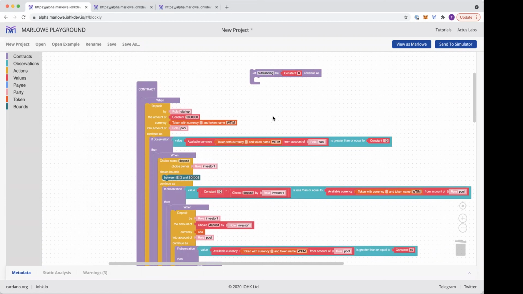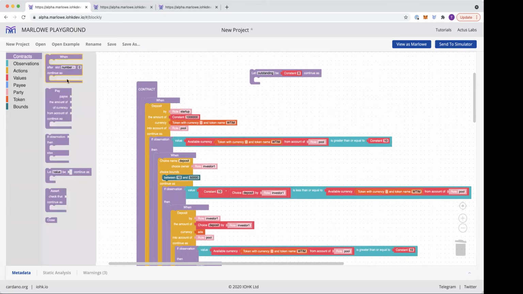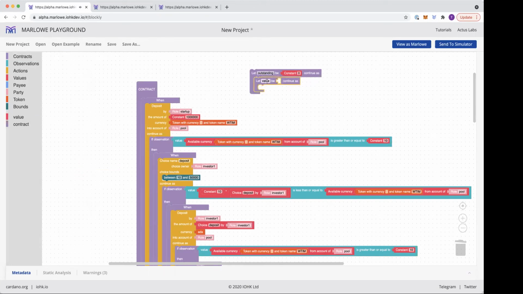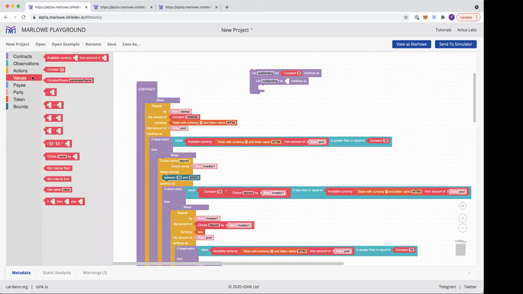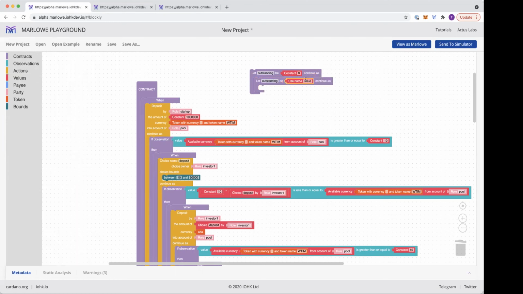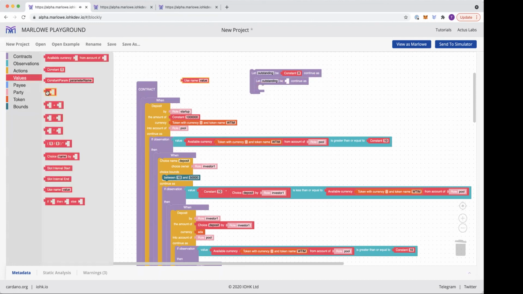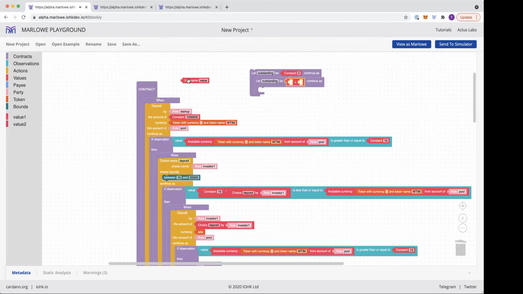And then each time they deposit, you'll do a let outstanding be plus, plus, you know,